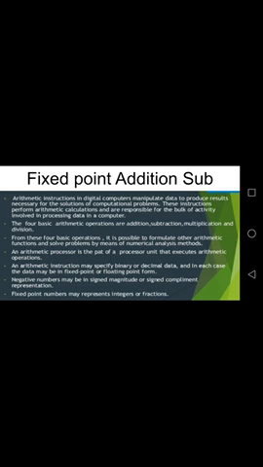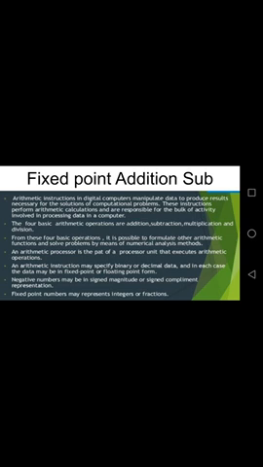So for a real number, a fixed number of bits are allocated for the integer part of a real number, and a fixed number of bits are allocated for the fractional part of a real number. And all of you know that a real number has both an integer part and a fractional part. So there would be a fixed number of bits for the integer part as well as a fixed number of bits for the fractional part. It is called fixed point representation.